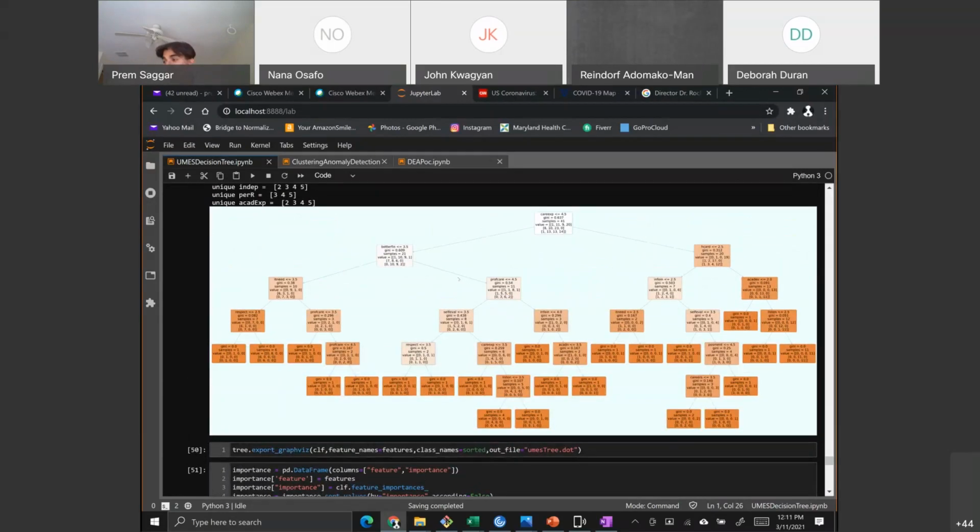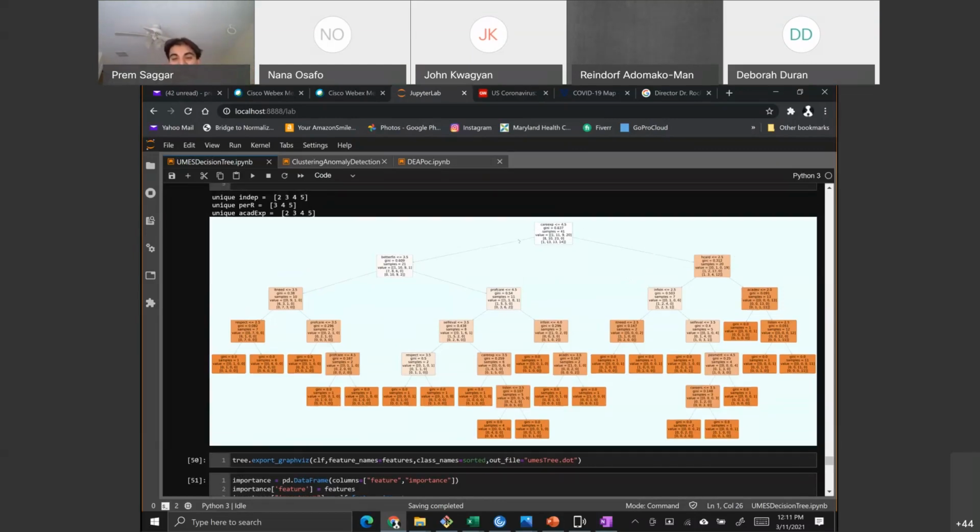What do we do? Well, as we discussed before, you can create a decision tree, right? And the decision tree will tell you what values of the data in your survey or in your data to begin with lead to certain outcomes, right? So what you're looking at here, and this is the end, okay? What you're looking at here is a multivariable decision tree. Usually decision trees are created with a single dependent variable. We care about productivity. We care about, do you feel independent? Do you feel like your academic needs are met?